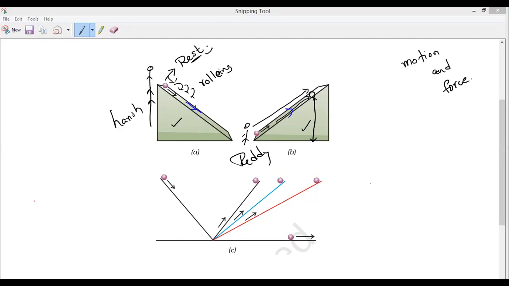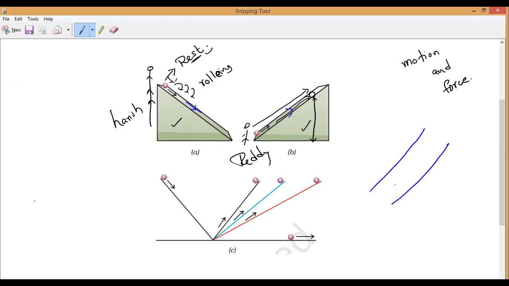Suppose you are climbing a mountain, or else you are going on a road which is at high elevation. Now you tell me, does your velocity or speed keep on decreasing or increasing? Suppose you are riding a bicycle. Will your speed decrease or increase when you are moving up? Decreases, sir. You understand?